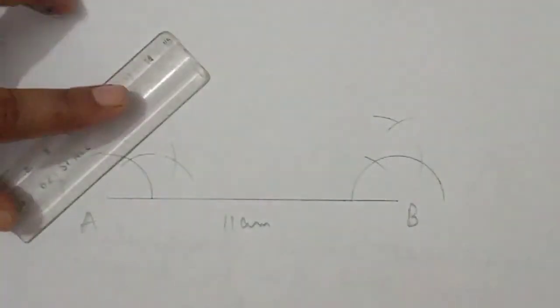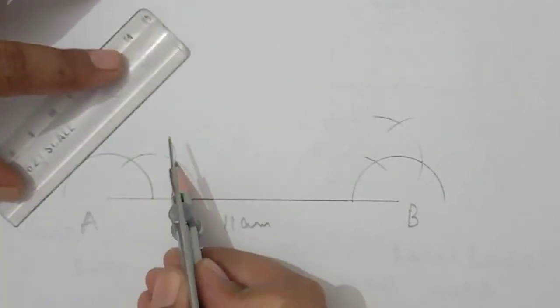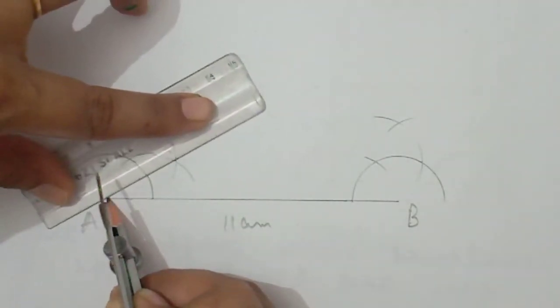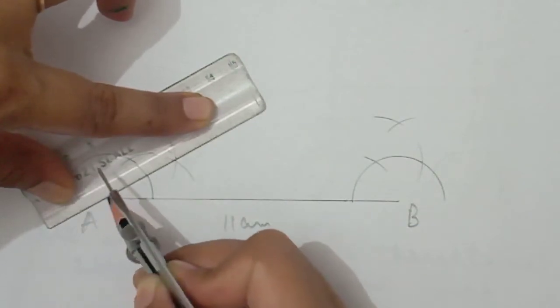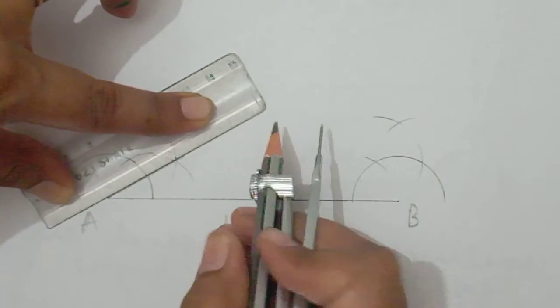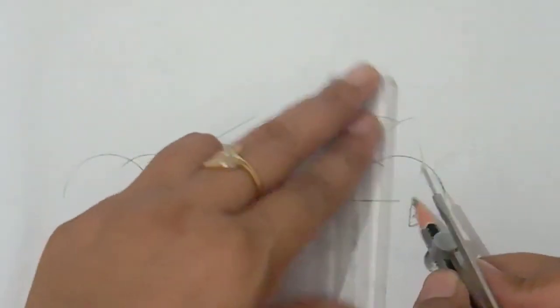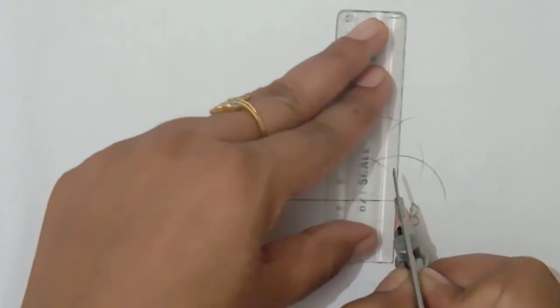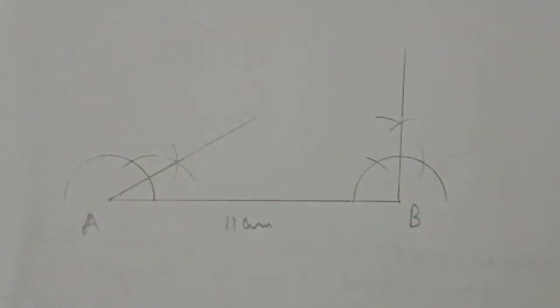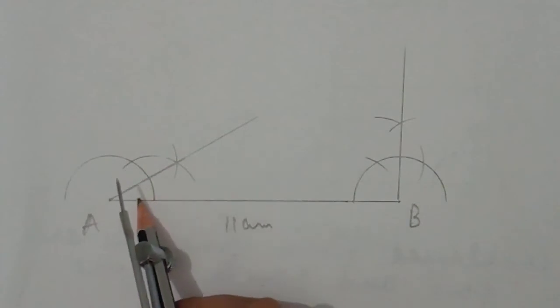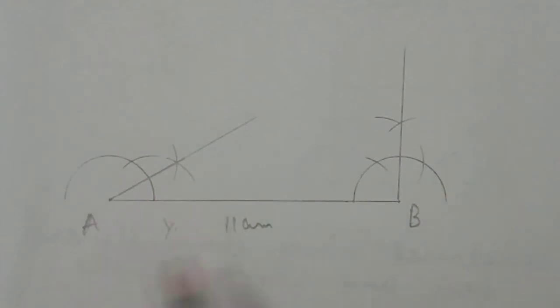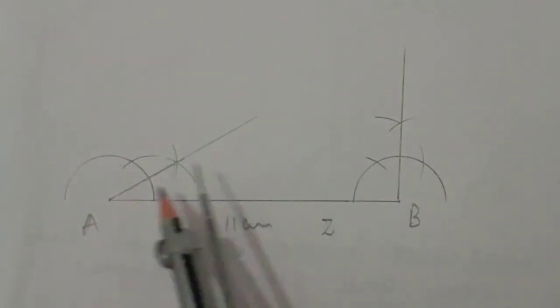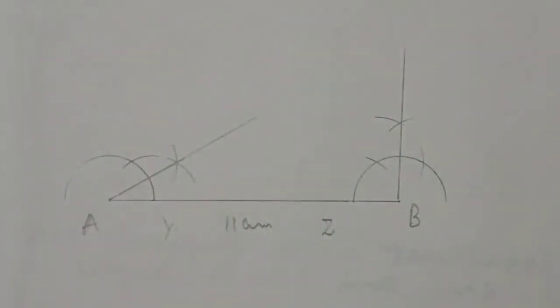So students, now this is 60 degree and this is 30 degree. So this is our required triangle, and this is our second triangle, 90 degree. Now one thing is very clear, if we are making 30 degree here, then Y will be present on this side, and if 90 degree is here, then Z will come on this side. It is very clear. Now students, what we did: take a base 11 centimeter and draw two base angles which are already given to us.